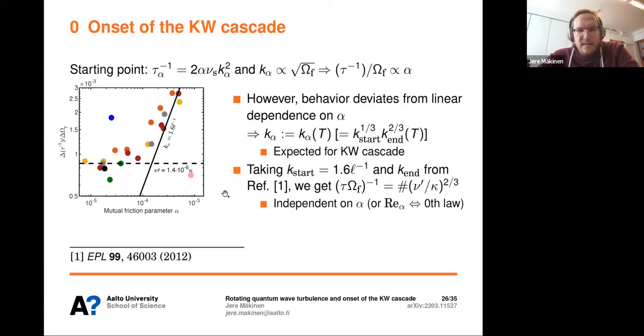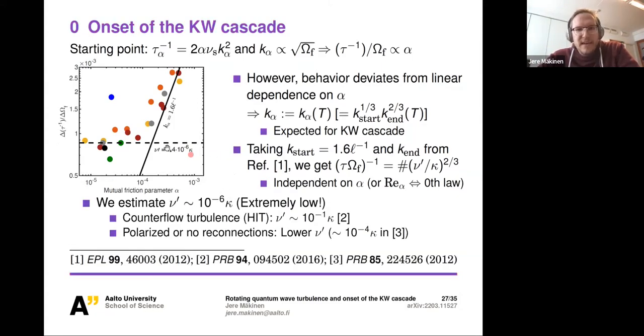And by plotting or extracting the value from these measurements, we estimate that this effective kinematic viscosity in our case is something like 10^-6 kappa. So this is an extremely low number. As a reference, for counterflow turbulence, which is known to be homogeneous and isotropic turbulence, this effective kinematic viscosity is something like 10^-1 kappa,